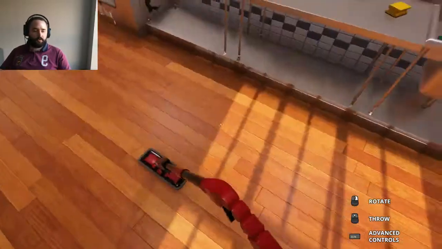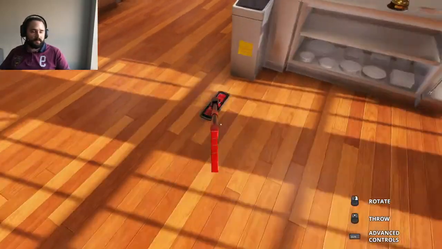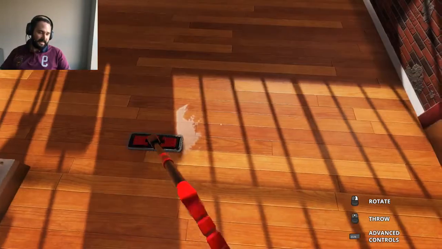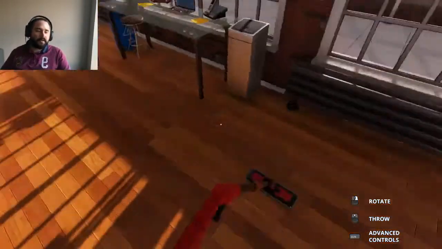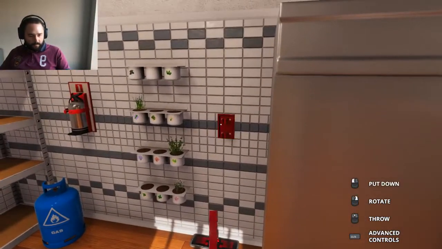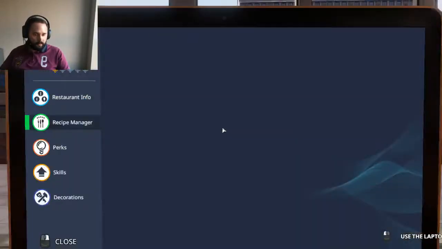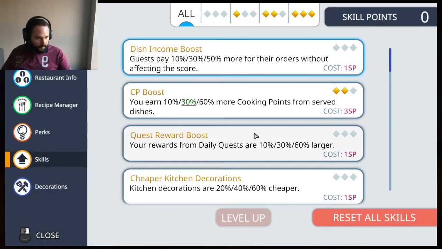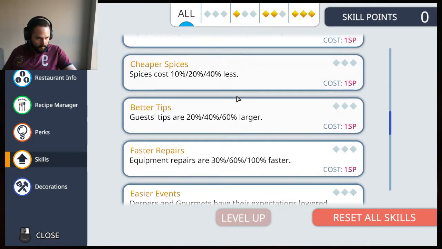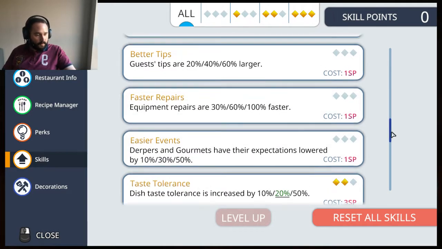I could actually do some preparations for the next day. I could check out some recipes I've got, but since I know them pretty well, I need to still... laptop. So what skills do I have? I've got the CP boost, and that's all? No. I've got the taste tolerance, okay. So